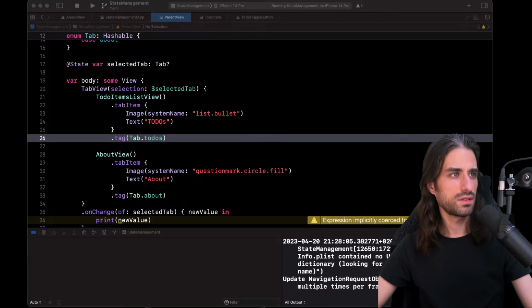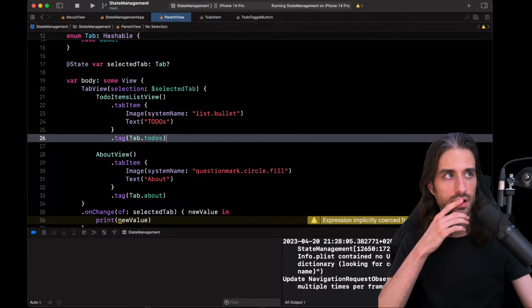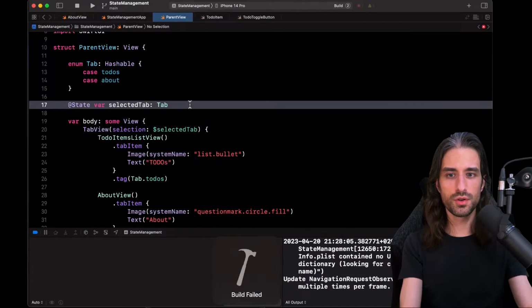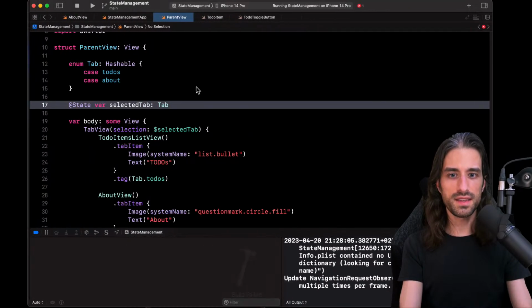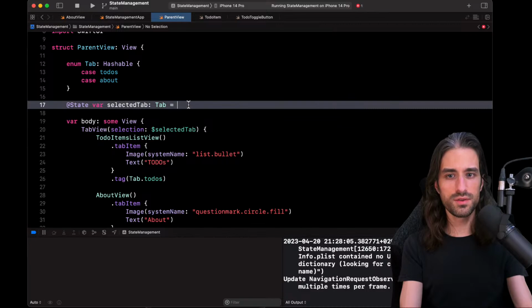This is so weird. So add state var, okay. Oh, maybe this is the optional problem. So if I remove the optional, I need to provide a default value. So I guess I could say the default value is to-dos.